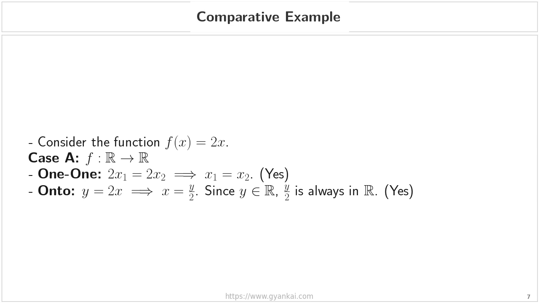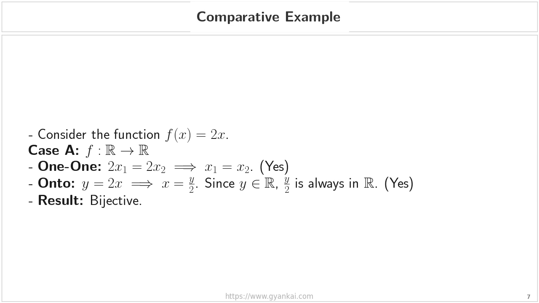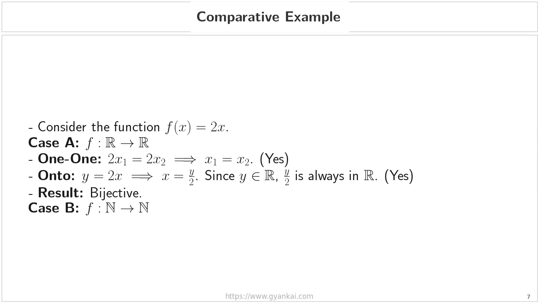Since y is any real number, y divided by 2 will also always be a real number. This means every element in the codomain has a corresponding preimage in the domain. Thus, it is onto. Since the function is both 1-1 and onto, we can conclude that in case A, the function is bijective. Now, let's observe what happens in case B, where we change the domain and codomain to the